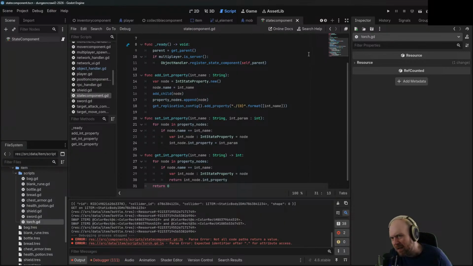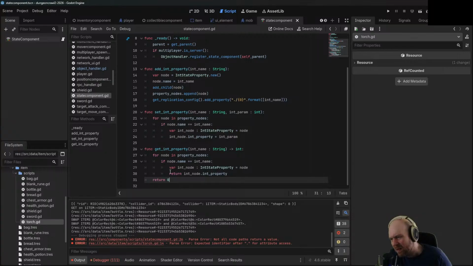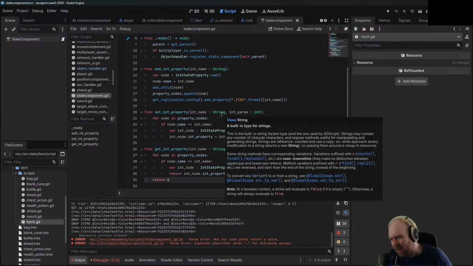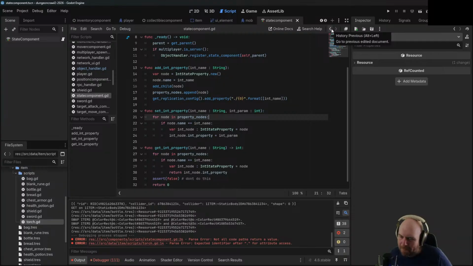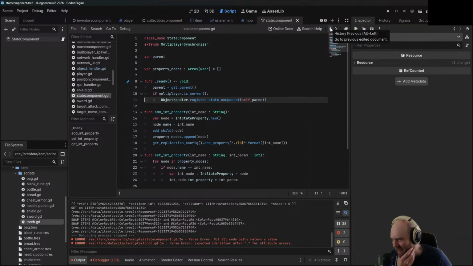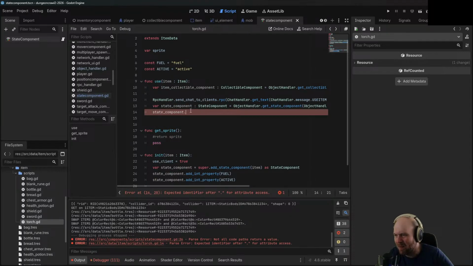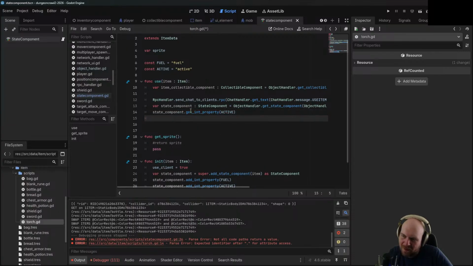Okay, now we have get int property. I could also assert false. Don't do this. We should not get int property on properties that we don't have set. That should just not be. Okay, so now we have get int property. Active. If